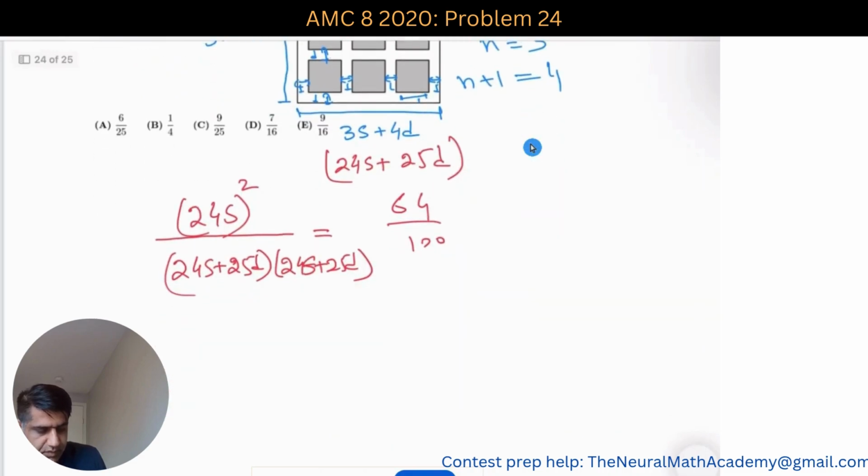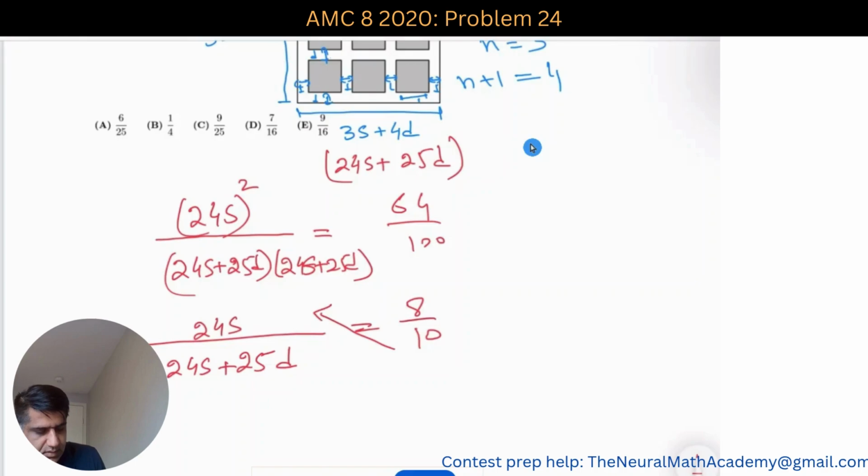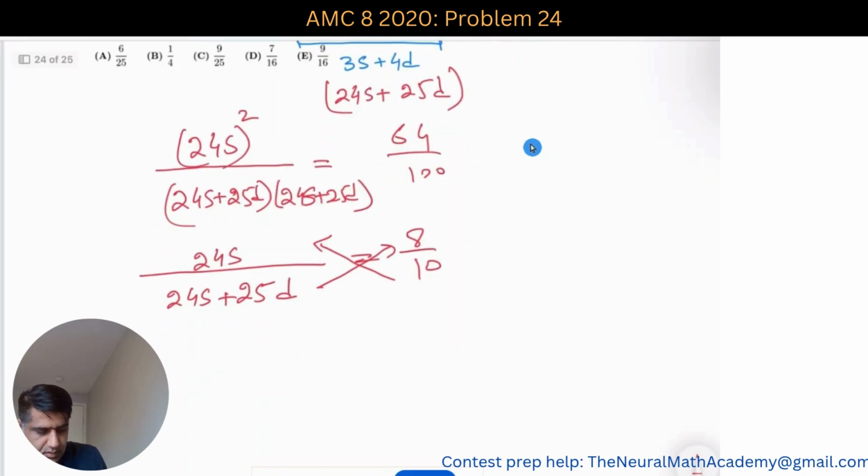Now if I take the square root on both sides, I get 24s over 24s plus 25d equals 8 over 10. Now if I do the cross multiplication, I get 240s equal to